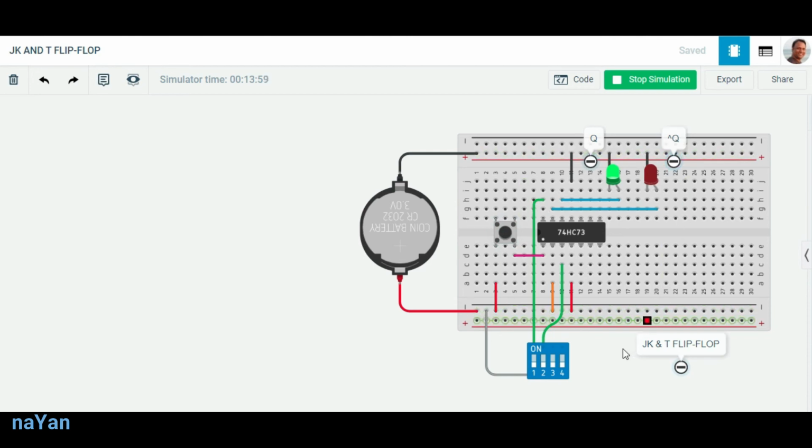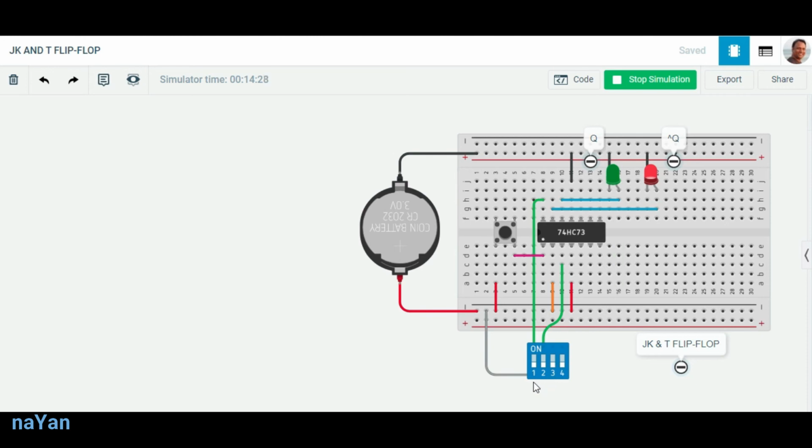Again, to check this condition, we first change it to the reset condition and then make it 0 0 again, so that we can understand that at 0 0 no change occurs. I am applying the clock again at the 0 0 condition, there is no change.